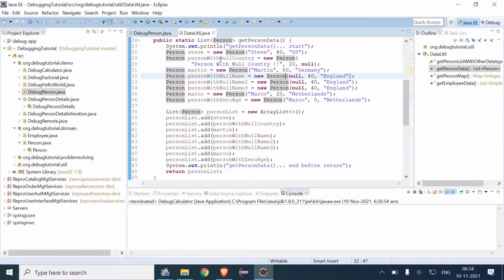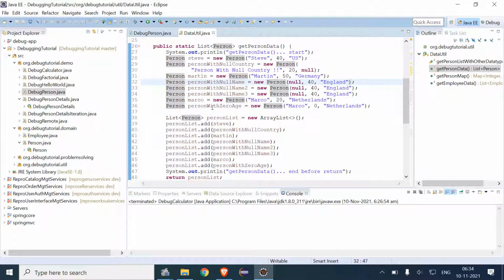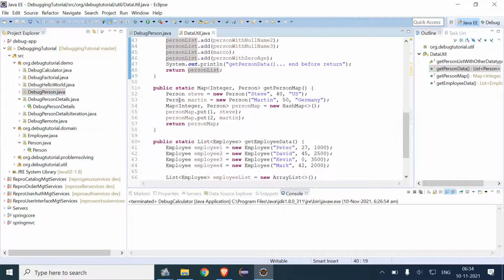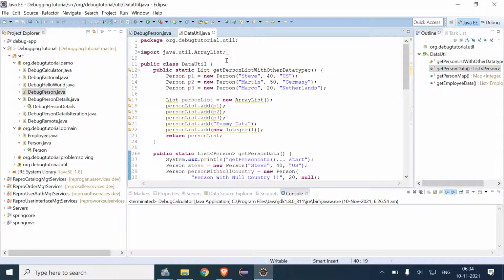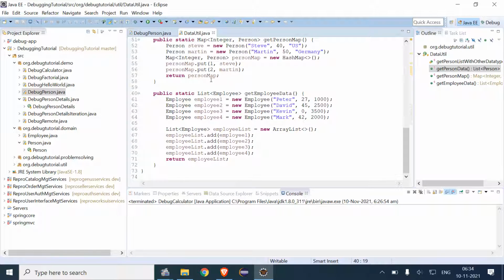Now we come to this debug person.java and we click on get person data by clicking control, and we get up here a class, and here the person details are being displayed, which are being inserted. After inserting, these are added down, and it has three fields as I told, and after that these values are added down with new employees.